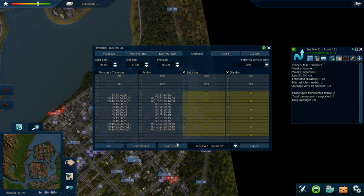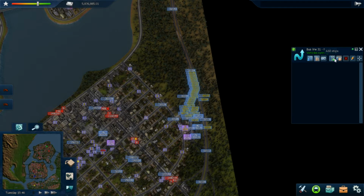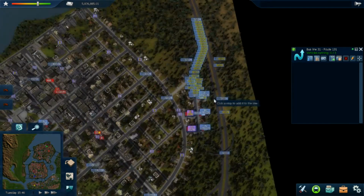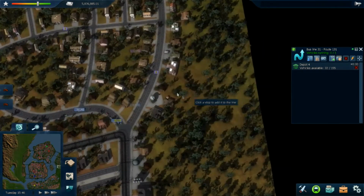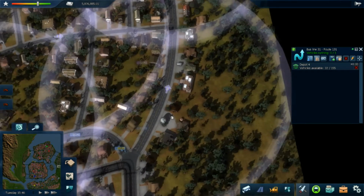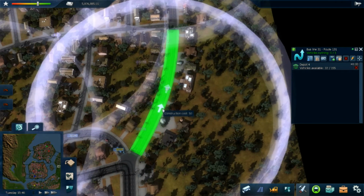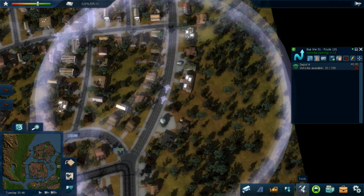But I'll add a couple of routes in. That would make more sense, wouldn't it? Now here, I need to actually see where I want these routes to start and finish. So let's... I think it was that one, wasn't it, we got to? So let's say we had a route that started here. And this will be the loop route. So if I build that a little bit closer...